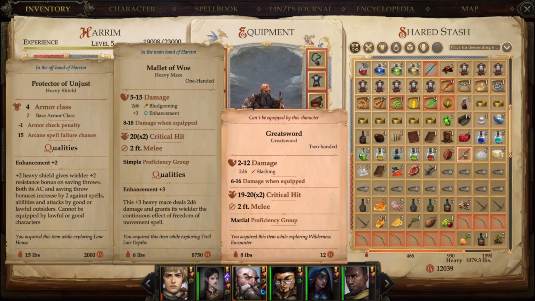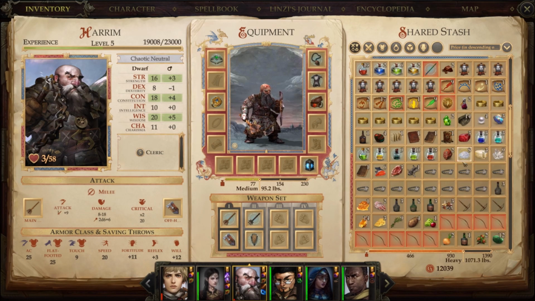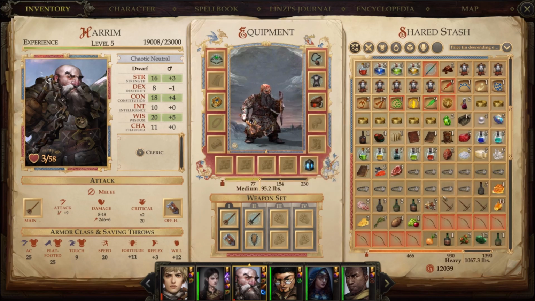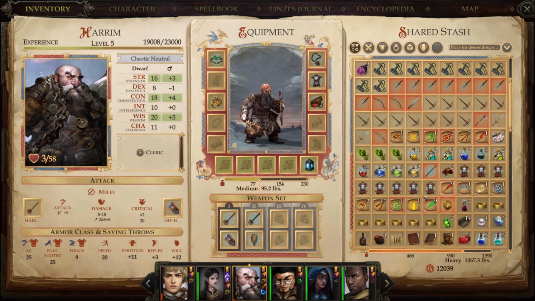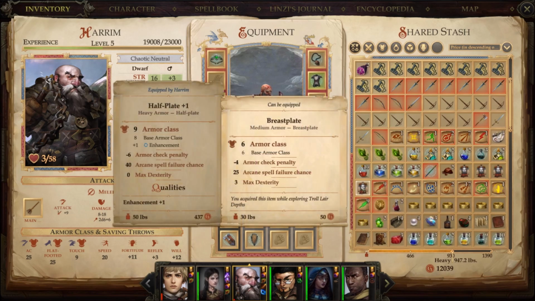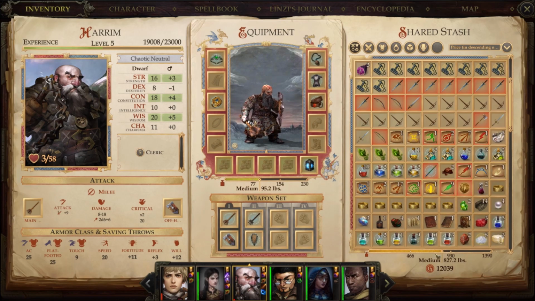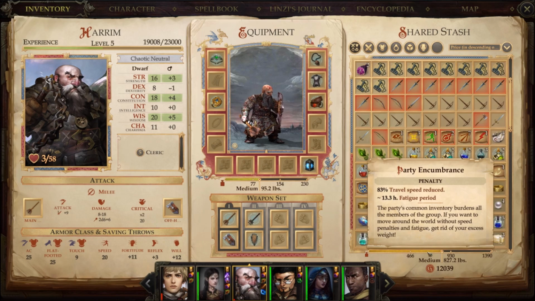I'm going to get rid of this, even though it's worth a decent penny. Same with these, because they're heavy. And I got more than that. I'm going to get rid of these guys. They're worth more than a gold per pound, but not much more. And again, if I'm light, we'll zip around a lot faster. 83% versus the 67%, or whatever it was over here, and we don't fatigue in 8 hours, we